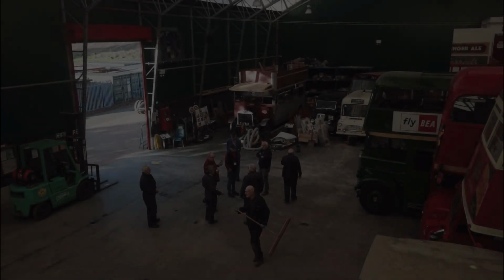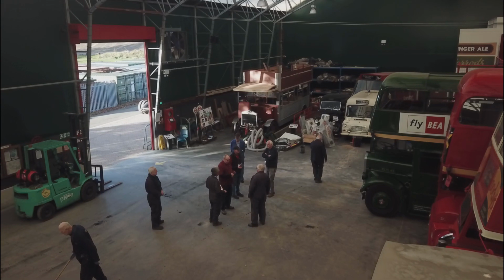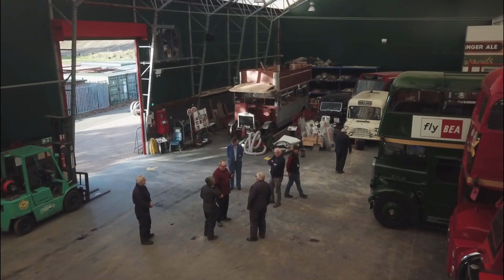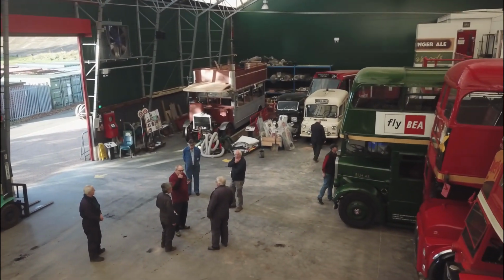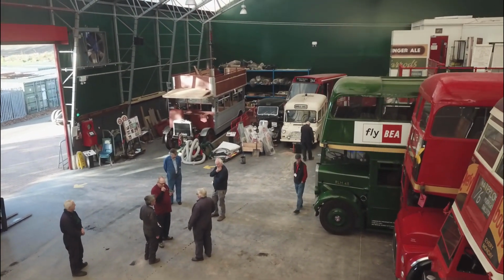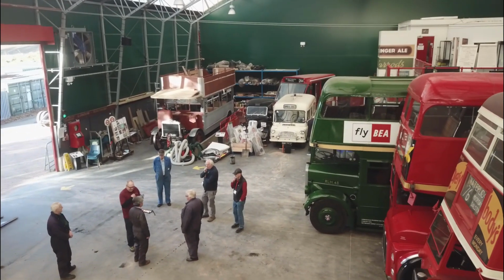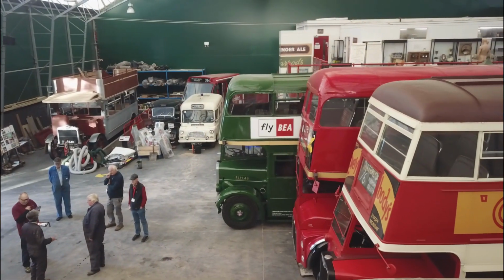So looking down now as we have a quick conversation about what's going to go next. This is a team meeting taking place, making sure that we're ready for the next phase. And we're now just taking a bird's eye view across the lineup. We've got RML3, we've got G351, we've got RLH 48 lined up there at the front. And as we swing round, we can also see in the back row, we've got ST922,